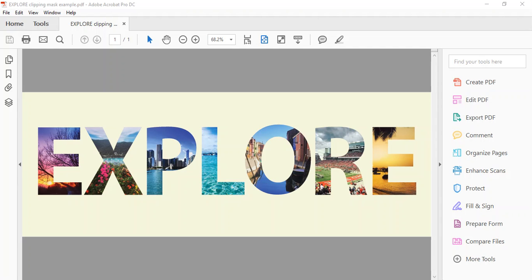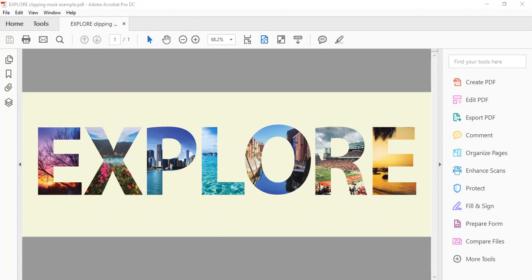This next project is called the Clipping Mask Text Art Project, which, as you guys can see, is going to involve coming up with a word and using some of your photographs. So by now you should have assembled some photography of your own and come up with some word ideas that kind of sum up all of the photos that you have. As you can see, most of my photos are from traveling, so I've chosen to use the word explore